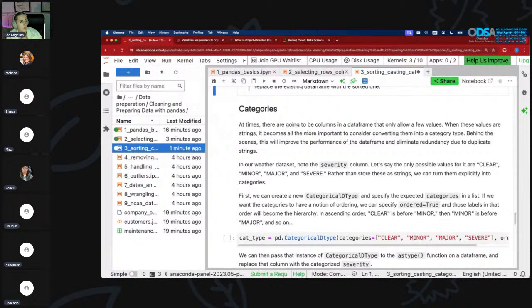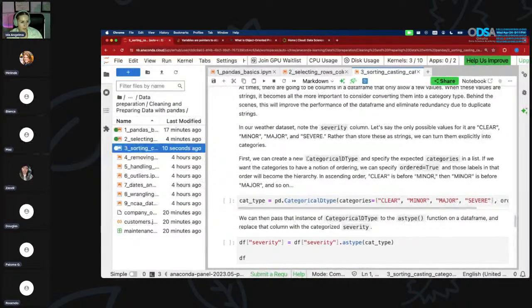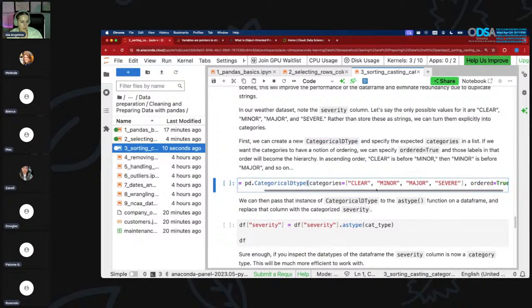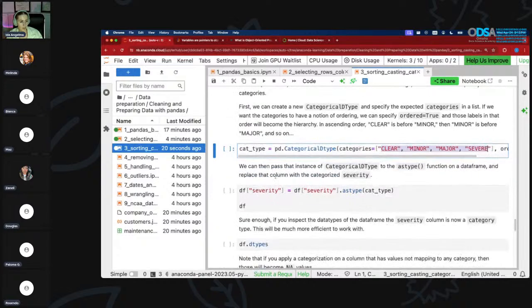Categories. So there are times, kind of like data validation in Excel, if you shared a spreadsheet with people and you want them to only select certain values. Like you ask, what days are you going to be available? You don't want somebody to say January. You want them to say Monday, Tuesday, Wednesday, whatnot. So you can also do that here. So categorical dtype, CategoricalDtype. These are the only values that we want for it. The categories are clear, minor, major, severe, ordered True. So these are the only acceptable values that we'll take for the